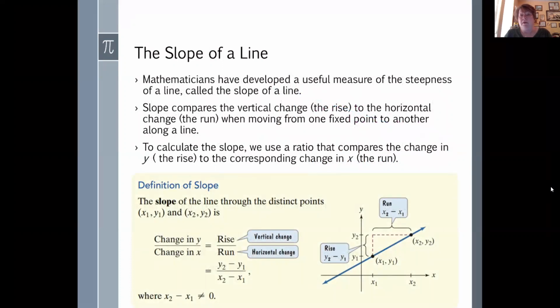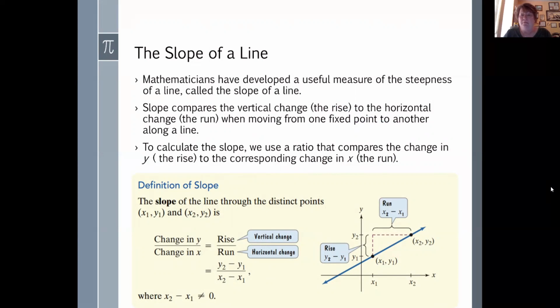So what is the slope of a line? Mathematicians have developed a useful measure of the steepness of a line. It's called the slope of a line. Slope compares the vertical change, the amount the line rises, to the horizontal change, the amount the line changes in the x direction, which we call the run, when moving from one fixed point to another along the line. To calculate the slope, we use a ratio that compares the change in y, the rise, to the corresponding change